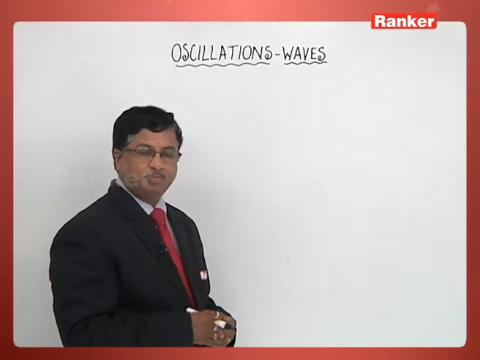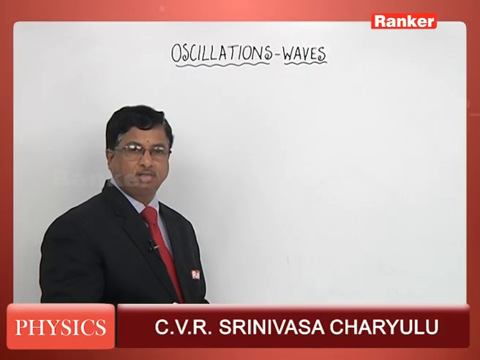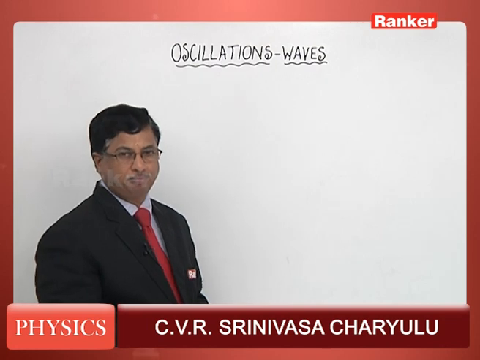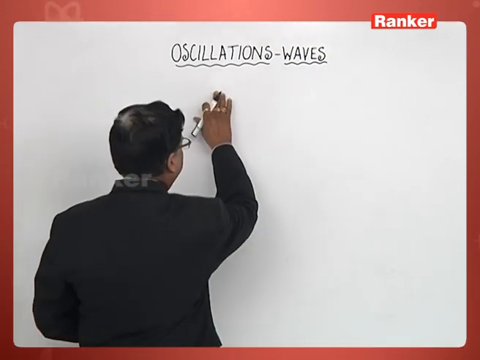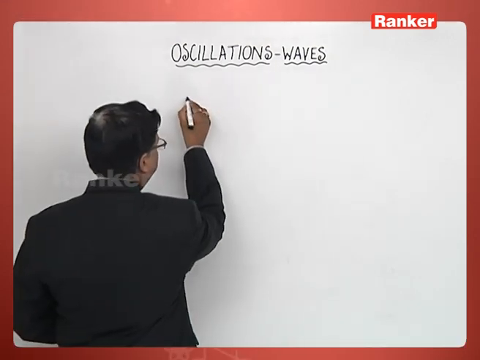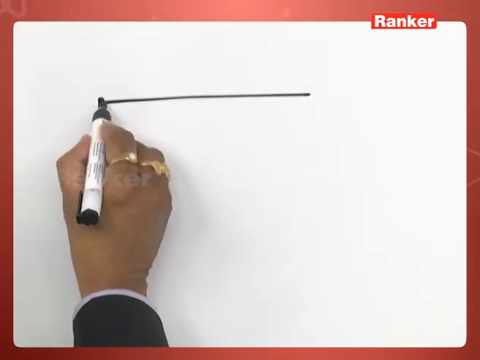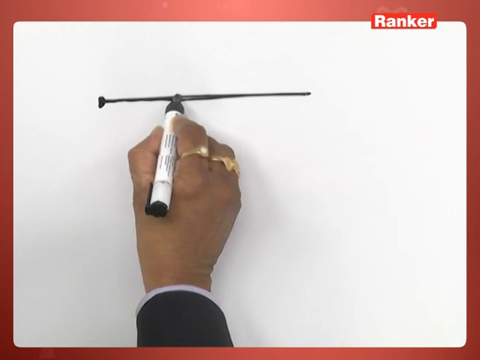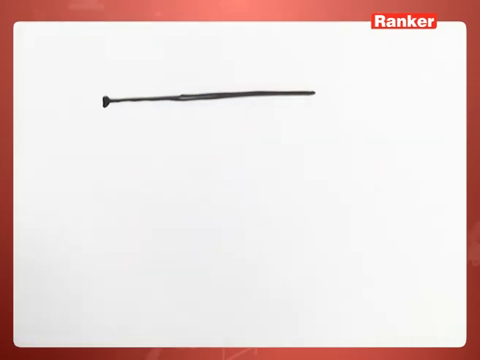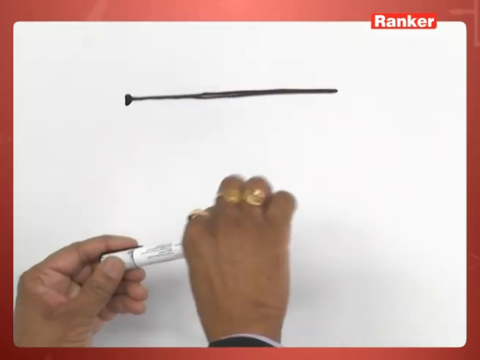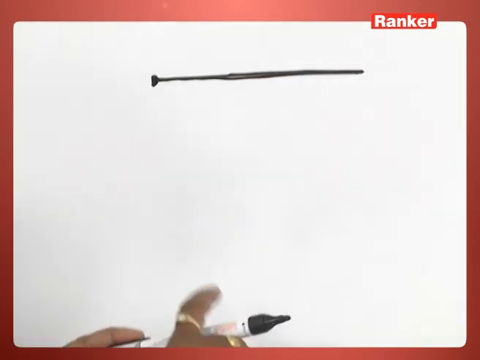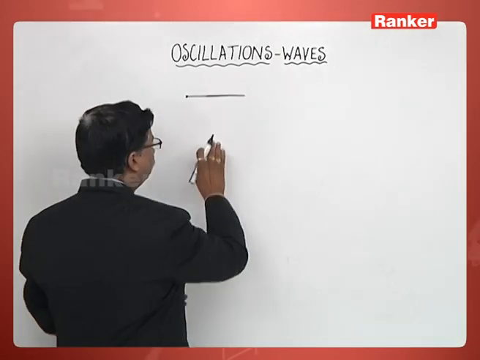Let us take up the concept of vibrations of a body. Let me just give you a few examples here. Let us consider there is a rod. That rod is now fixed at one end. Now I have taken the other end and I have just pulled that one and left it, so that the